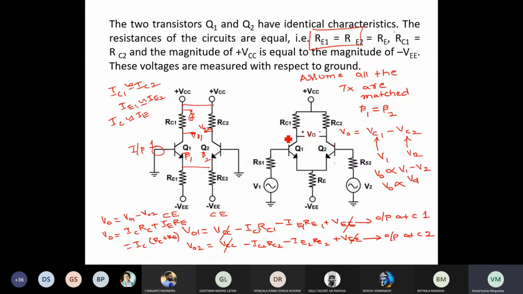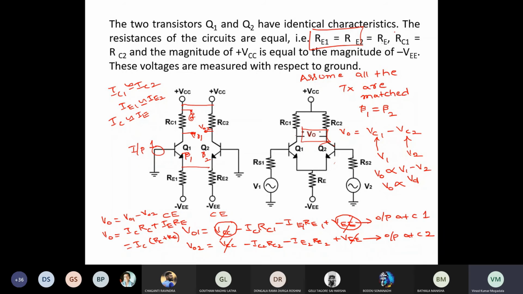That's why when we take the output at both the terminals, it is balanced, because the DC voltages get cancelled. Whereas if you take the output only from either end, from a single transistor of this configuration, then the output is not balanced, because the supply voltages come into the picture. If you take it from both the terminals, the DC voltages get cancelled. That is why it is called balanced.